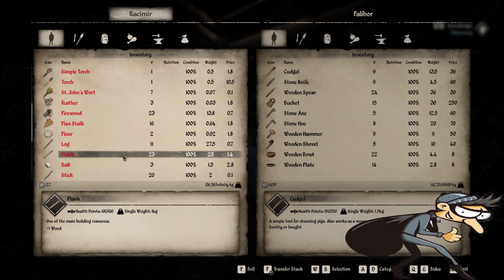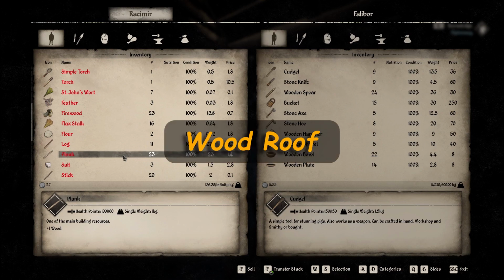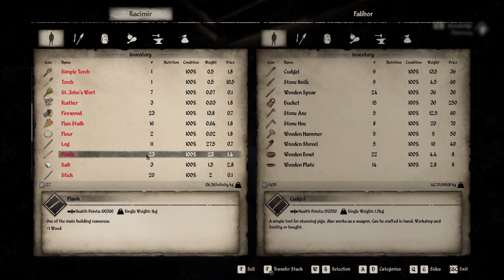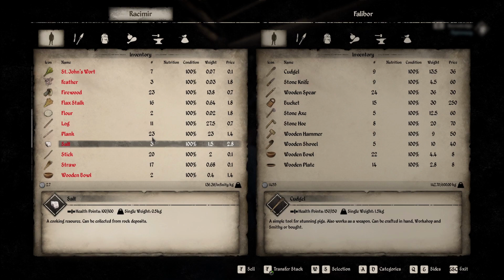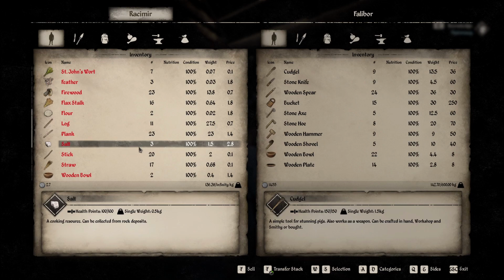The planks. Now the planks I think could be good to steal early on because you could theoretically steal enough planks to do your first house. Instead of having a straw roof, you could have a plank roof. So I think those would be good to steal if you could do it without losing the reputation. The salt, no. I mean, you could sell it, but I don't think it's worth it. And we even got the salt out of a chest, so the chests are going to be harder to steal from,